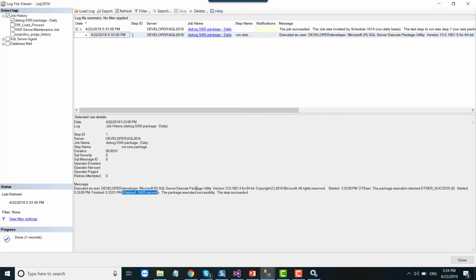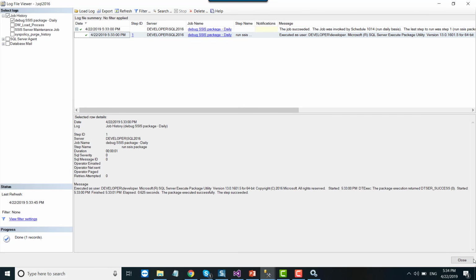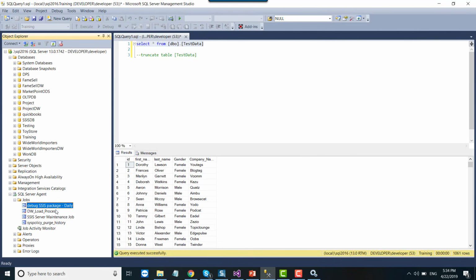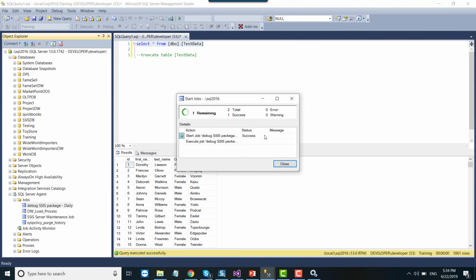If there is any error, you can expand this and see the error as well. If you want to run the SQL Server agent job on an ad hoc basis, then you can right click on it and click start job at step, so it can run the job manually on an ad hoc basis as well.